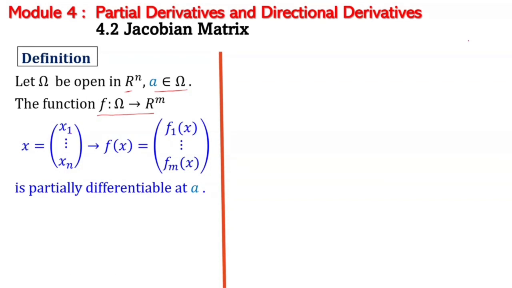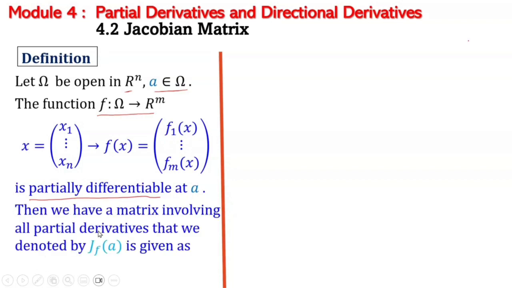Since we have n variables x1, x2, ..., xn, we should have n partial derivatives for the function f. If such a condition is satisfied, then we can define a matrix involving all these partial derivatives, and we